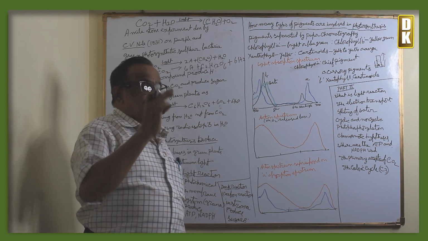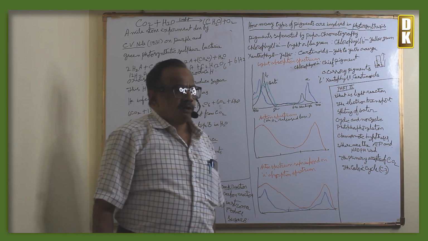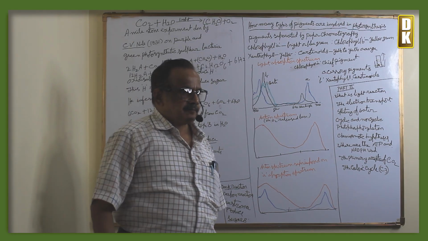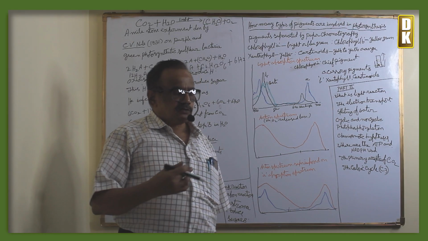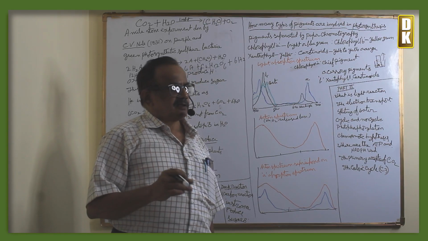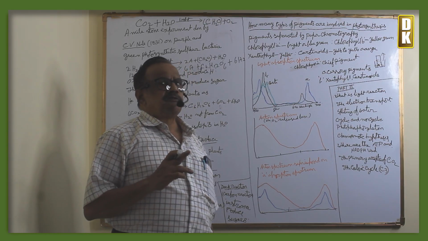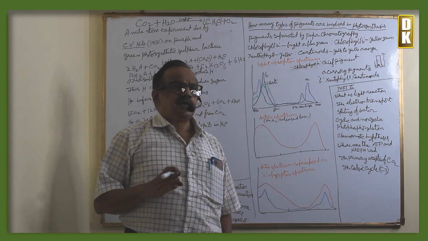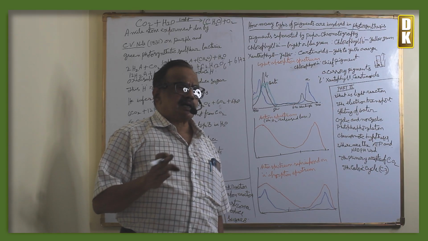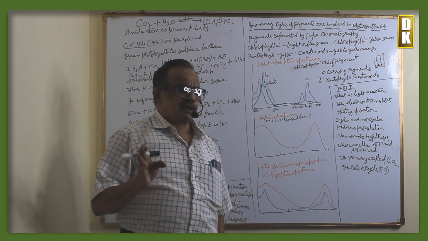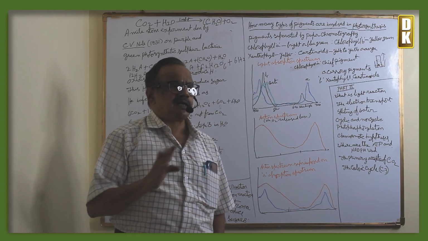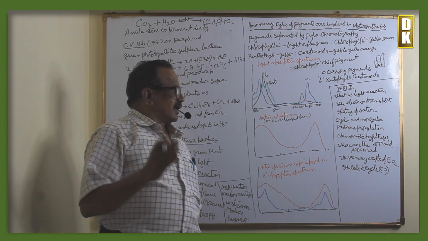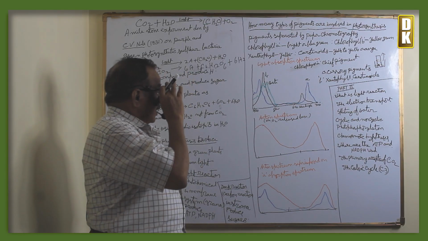Now I am telling one more piece of information. I am telling you, without chlorophyll A there is no photosynthesis. Remember it, because this question will definitely be asked in any exams also. Chlorophyll A is the chief pigment. If it is not there, even if B and other carotenoids are present, and C also there, D also there, other things are there, it cannot carry out photosynthesis, because it will be explained in the next video. Now the thing is,